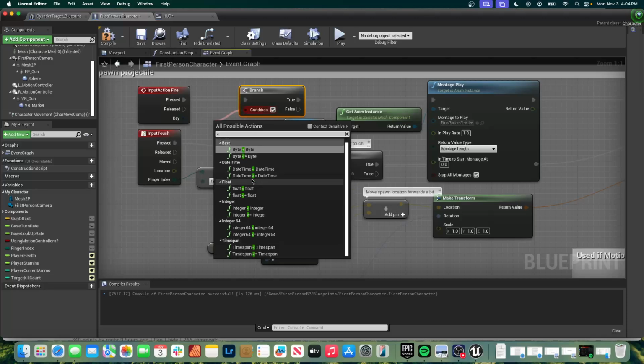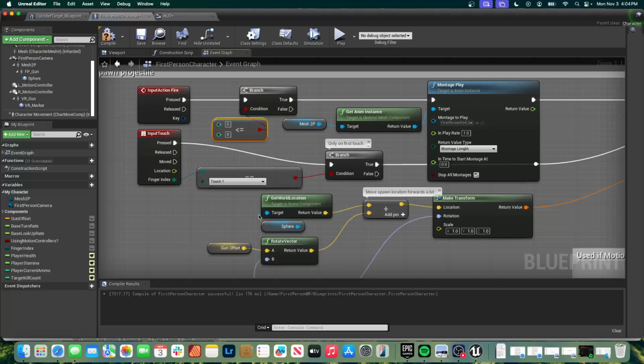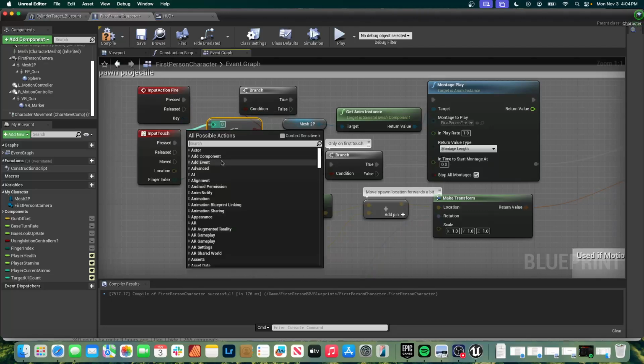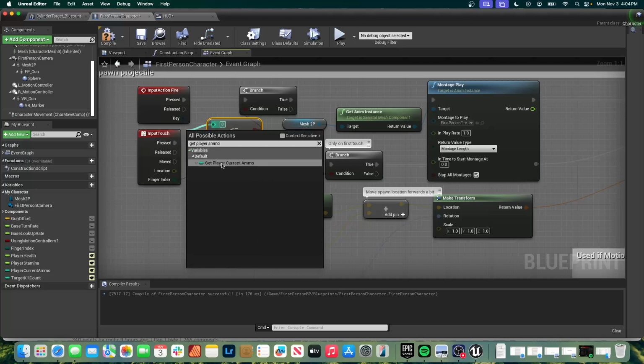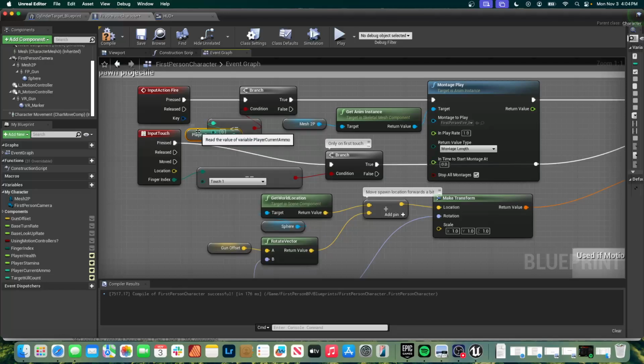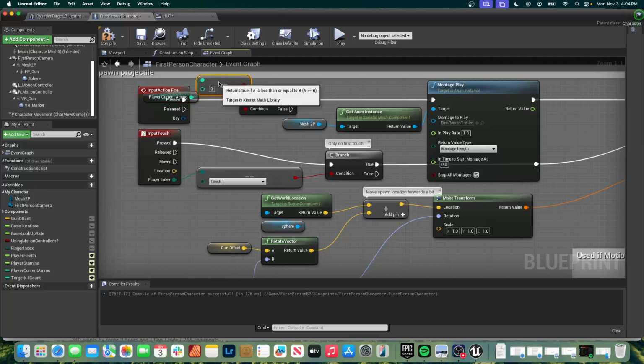It's an integer, right? And we want to do less than or equal to 0. We'll do this right here as the first branch, and we'll do get player ammo there. So if the ammo is less than or equal to 0, then